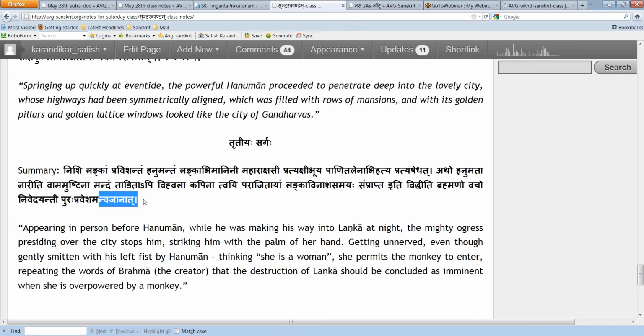If you want, we can just look at the anuvada here and see what it says. Appearing in person is pratyakshibhuya, before Hanuman, understood as Hanumantam. Why this Hanumantam? While he was making his way into Lanka, nishi Lankam pravishantam. At night is nishi. The mighty ogress is Maharakshasi, presiding over the city. That is the Lankavimanini,